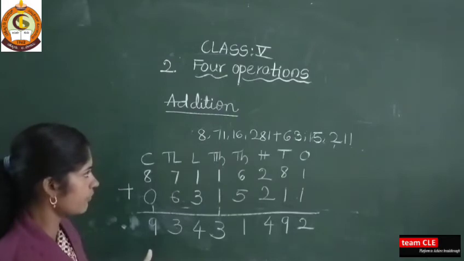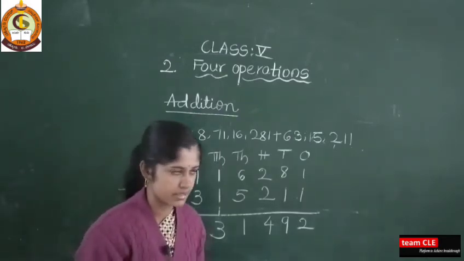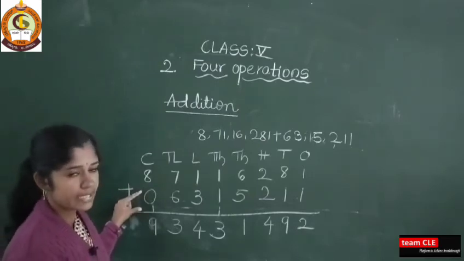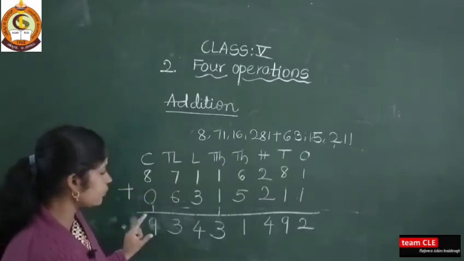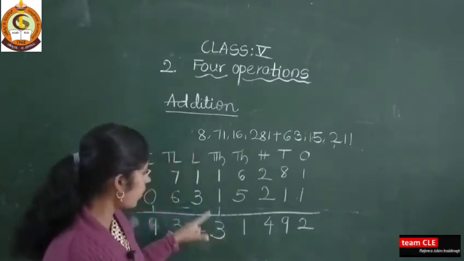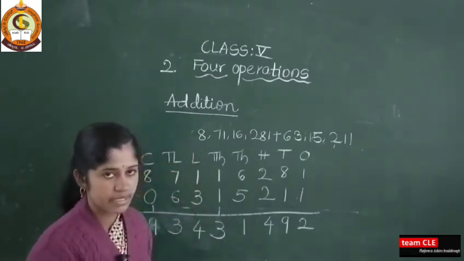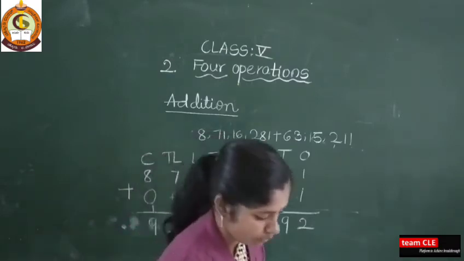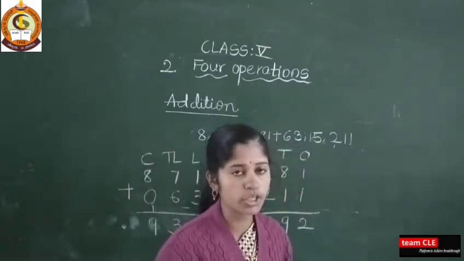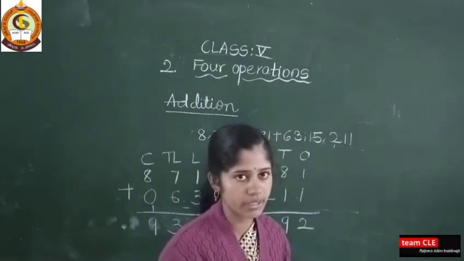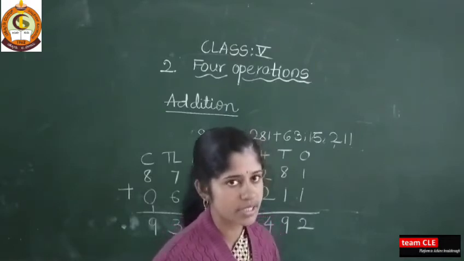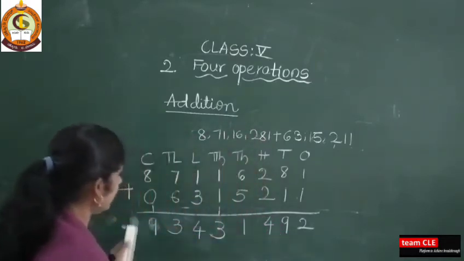So this is the way you are adding the numbers, and this we are calling the first addend and this we are calling the second addend, and whatever answer you get, for that we are calling the sum. This is the sum of these two numbers. Yes, next one more concept will come, that is add. You can add not only two numbers, you can add 2 to 3 numbers or so many numbers. The properties of addition, that I will teach you in the next class.